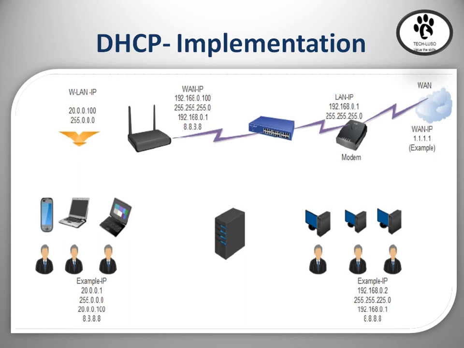If they want more IPs as well as multiple scopes, that means in my company I have 4 to 5 teams, different networks, and I want different IP ranges. One network should get IPs in the 10 range, one more network should have 20 and 30. In this case a modem or wireless router won't support it. At that time I can go for a Cisco router, a Linux server, or a Windows server, for creating multiple scopes.